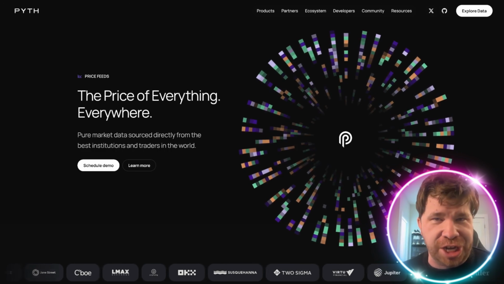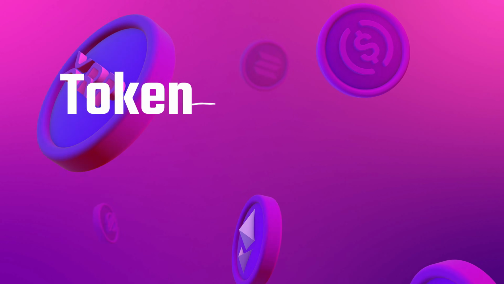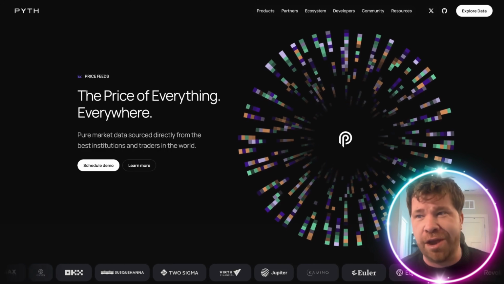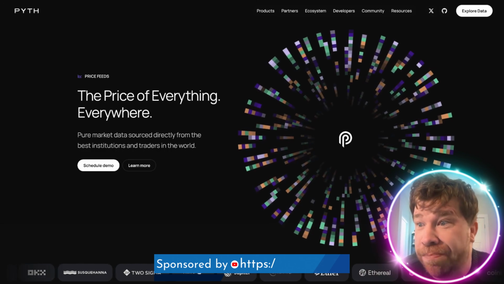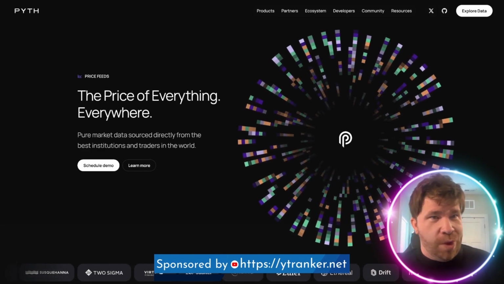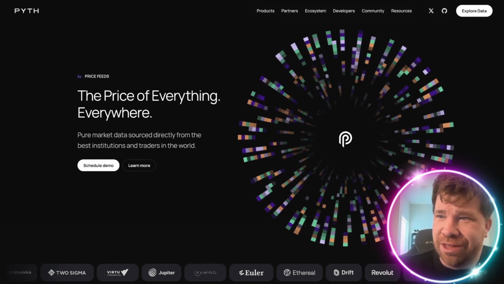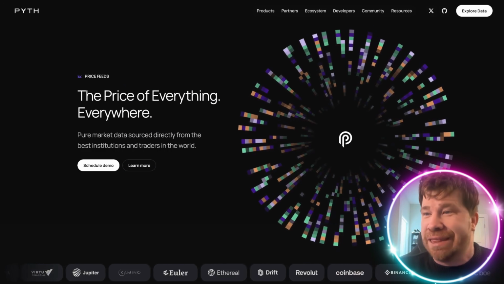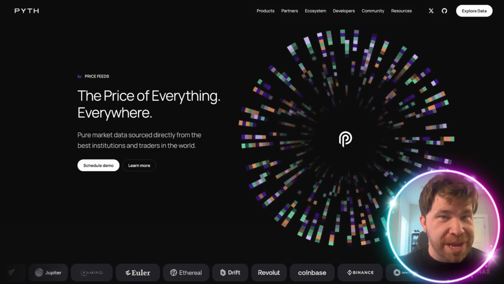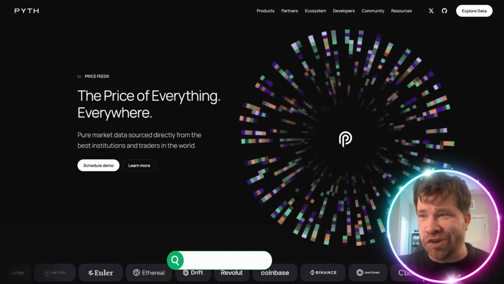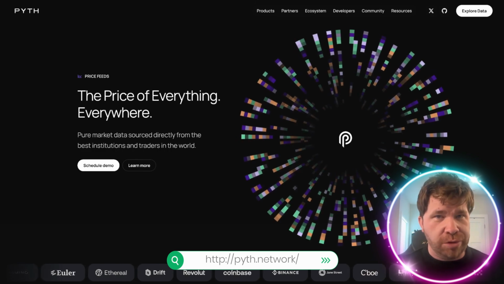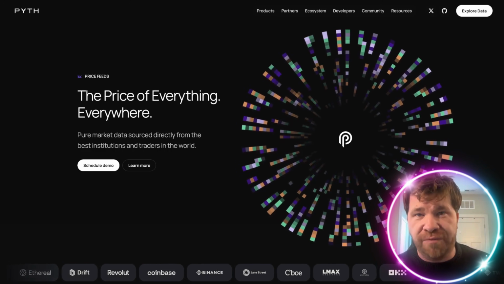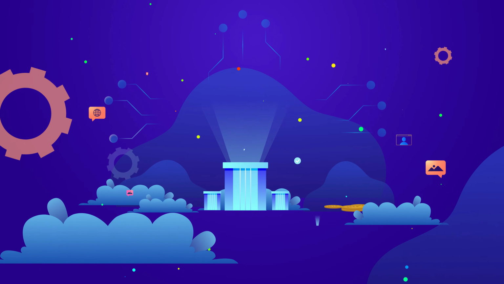Whenever a project is about to launch a token, they need a product, technically a product that is working, right? Not only that, but you guys, it needs some price data. All right. So what happens whenever these projects start to launch? They technically need to integrate what is known as Pyth, right? They need to integrate Pyth first. So this means that Pyth knows a lot about new projects before technically almost anyone else, right? Technically, they know a lot about projects before they officially launch or before they actually go live.